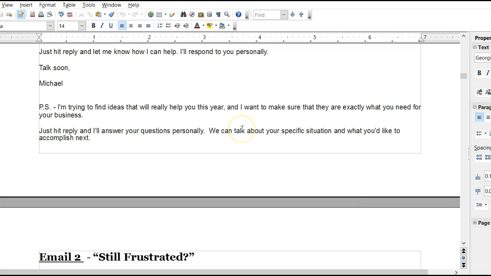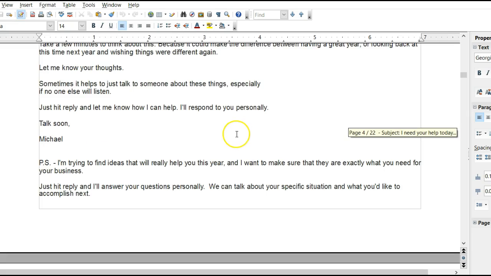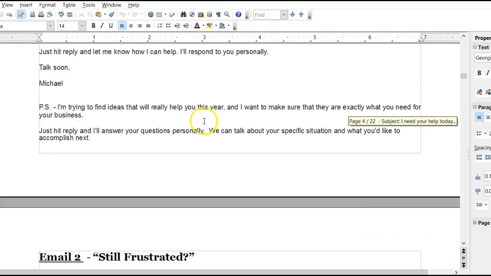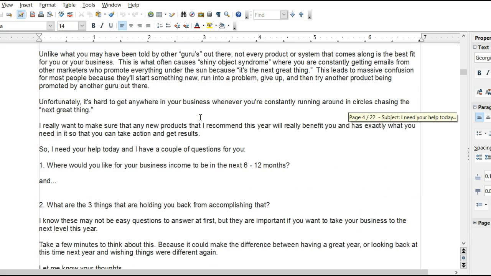reply to these emails. And of course, you want to reply to them as they come in. But if you send this out, let's say early one Sunday afternoon, like at 1 o'clock or something, take the rest of the afternoon, and when people chime in and give you their responses, reply back to them. Okay. You don't want them to wait and wait and wait, for days and days, and not reply to them. All right. That's no way to build rapport. So definitely reply to them, and my rule of thumb is I really like to try to reply within 24 hours to people, if at all possible, and start building a rapport, start finding out those questions,